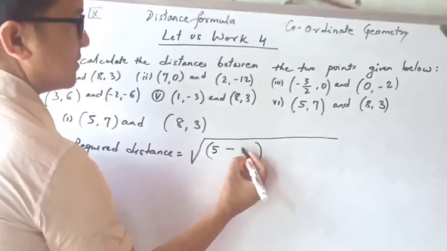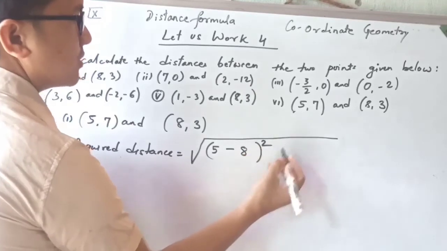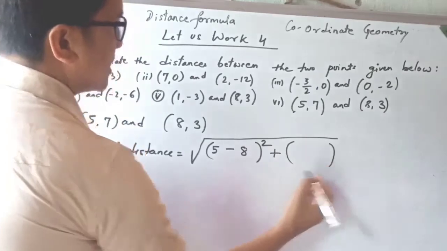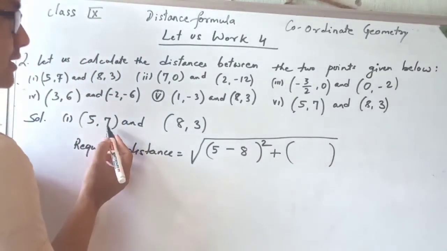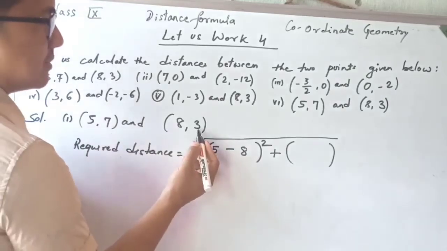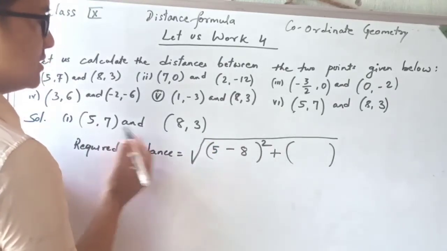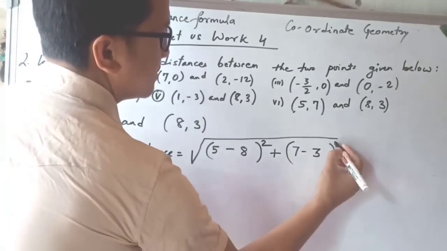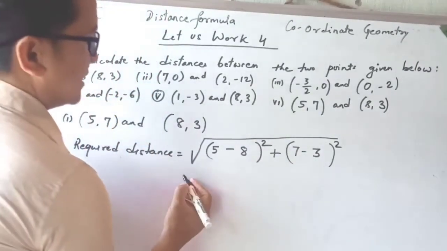We have to subtract 5 and 8, and we have to square it, and we have to write plus. In the second bracket we have to subtract the second number, that is the y coordinate, 7 and 3. We have to subtract 7 and 3, and we have to square it. And in the next step,